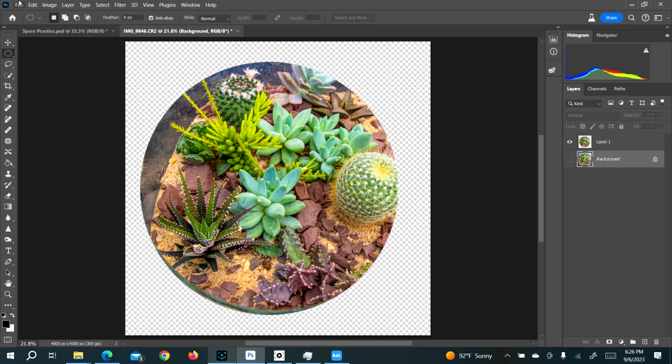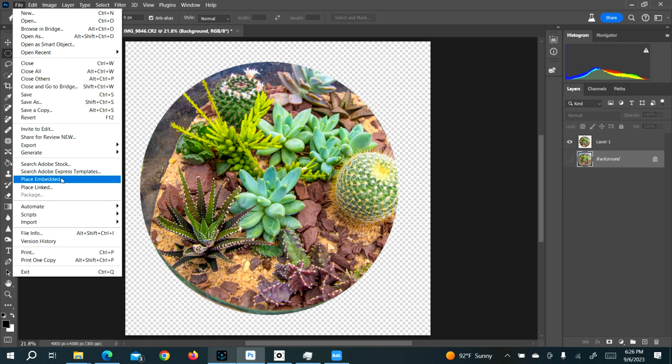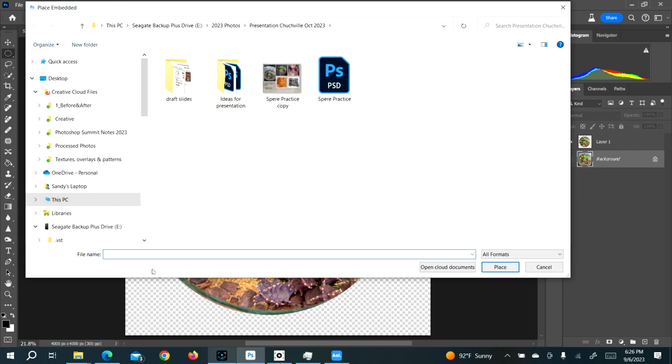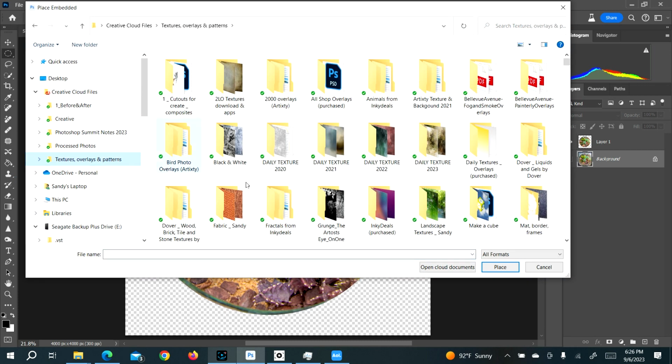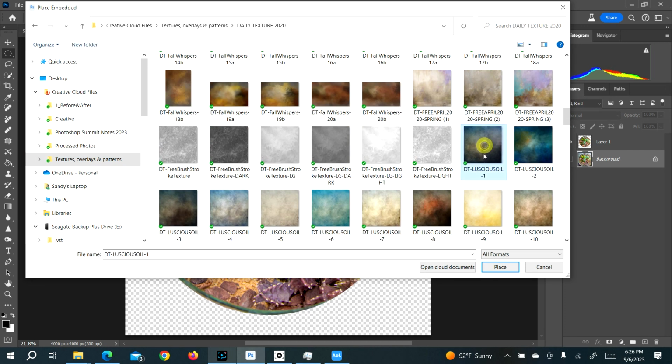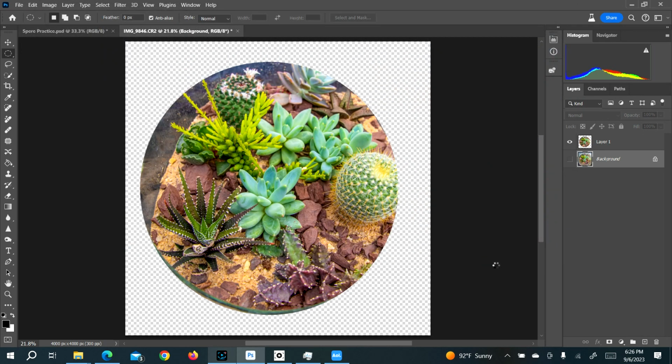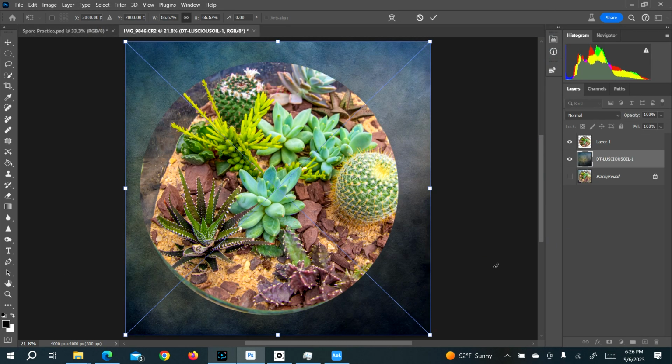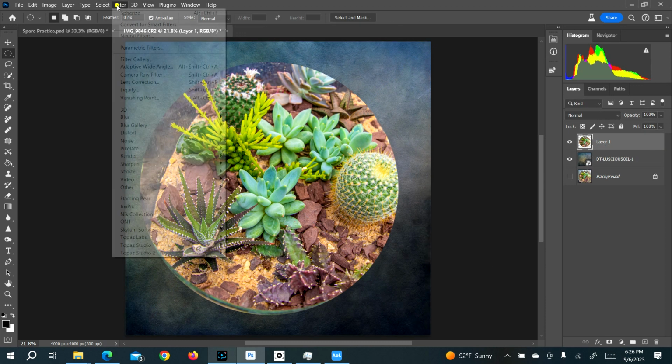Deselect that. The next thing I like to do is add my new background. I'm going to use one of my embedded ones. I'm going to go ahead and embed it, I should say. Choose a background that I like, and I think I'm going to use this one. And by doing the background first, it gives me a chance to really see what's happening as I move forward here. Now is to go to Filter,